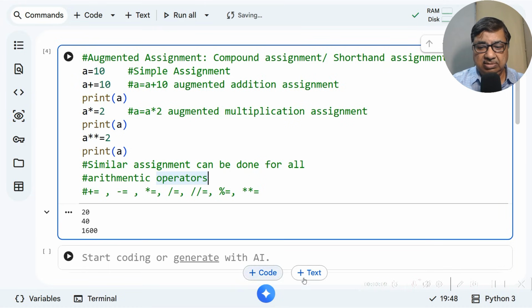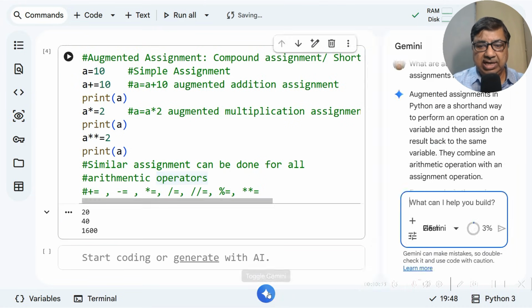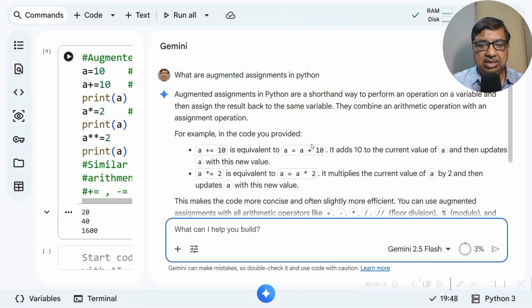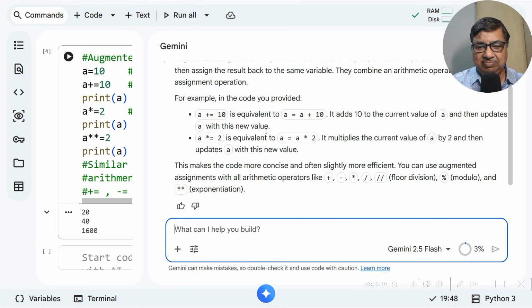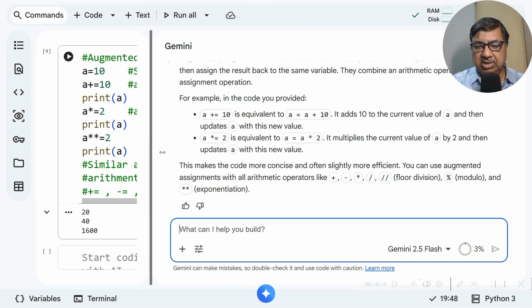Let me understand this using AI also. I am simply giving it a command to understand augmented assignment. So it has given me examples and explained in detail how A plus equal to 10 works and how A into equal to 2 works. So the next command will work on updated value of A, right?